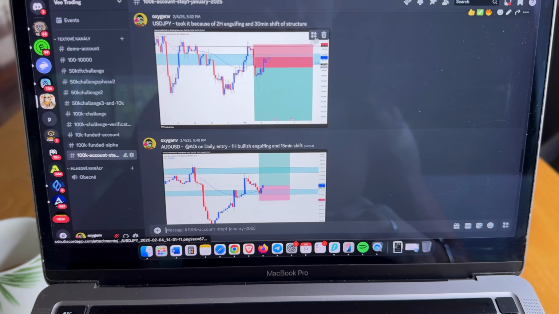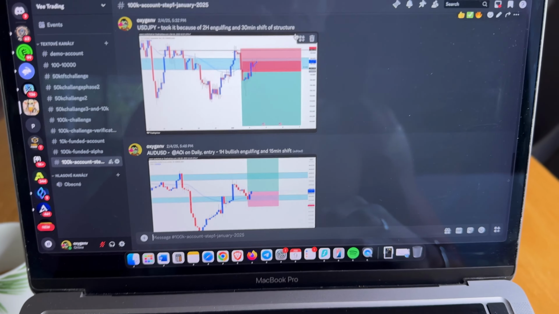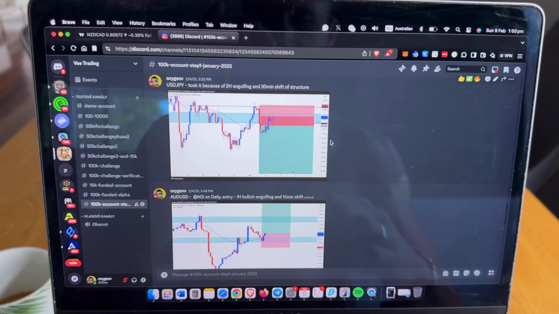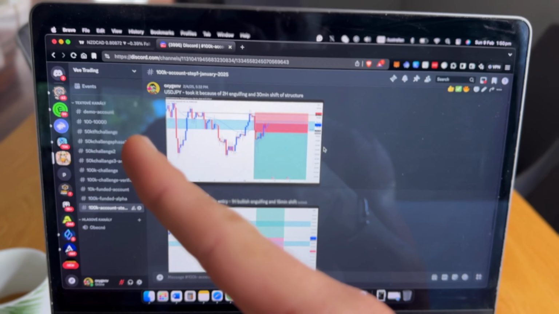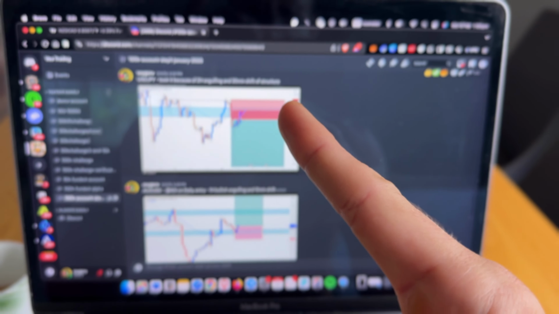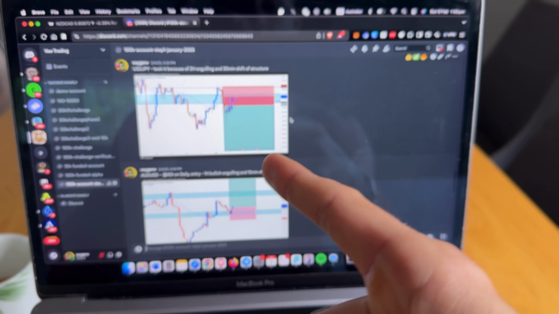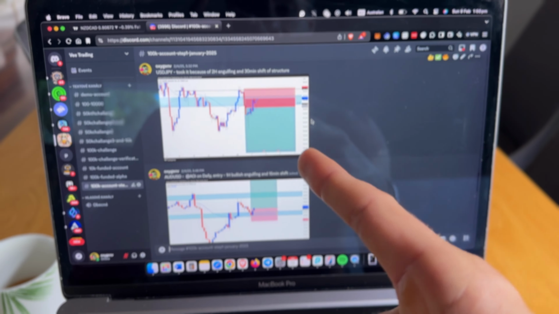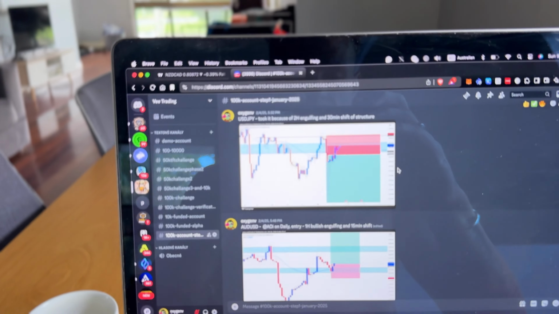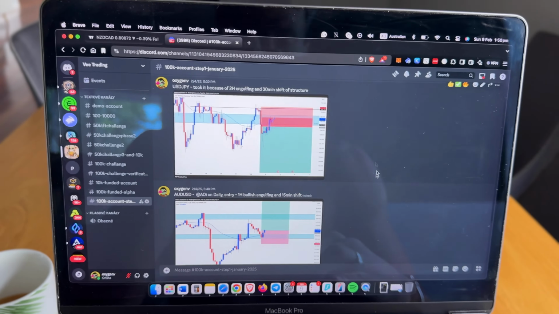So what I'm doing is I'm tracking my trades in Discord. Very, very simple. You can create your own Discord, sort of like a group, and you can just put a screenshot or download the image before and after the trades. Sometimes if I don't like the image before the trade, I just post it after the trade and then see what actually happened there. So this is a great way to track your trades.